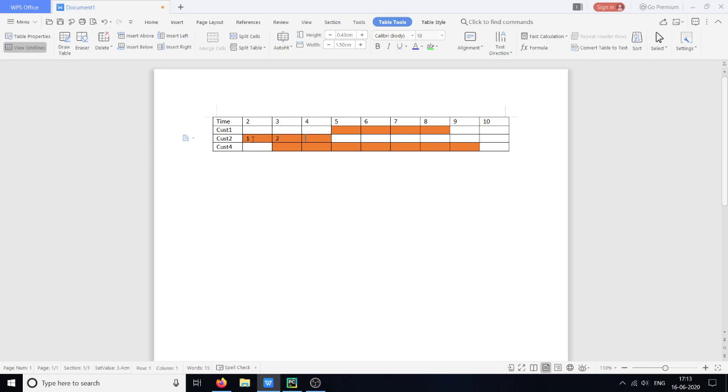Now here also it will be 2. Now here the second customer leaves and the first customer arrives at 5, so again there will be 2 customers in the restaurant. Here it will be 2, again 2, 2 and 1. So out of this, the maximum number of customers is 2.